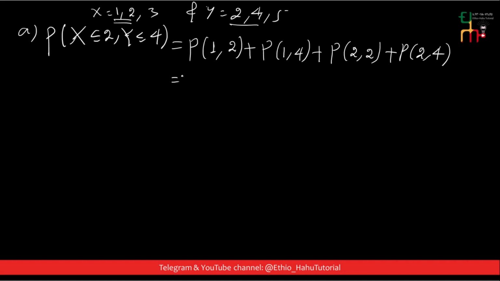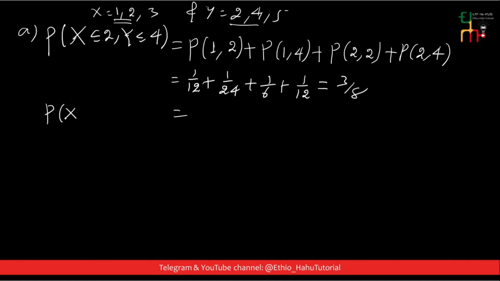This is equal to from the table probability of x is equal to 1, y is equal to 2 ማለት ስንት ነው? 1/12 ይሆናል plus probability of x is equal to 1, y is equal to 4 ማለት 1/24 ይሆናል plus probability of x is equal to 2, y is equal to 2 ማለት ስንት ይሆናል? 1/6 plus probability of x is equal to 2, y is equal to 4 ማለት ስንት ይሆናል? 1/12 ይሆናል። ይሄንን ብንደምሩ ስንት ታመጣላችሁ? 3/8 ይሆናል ማለት ነው።